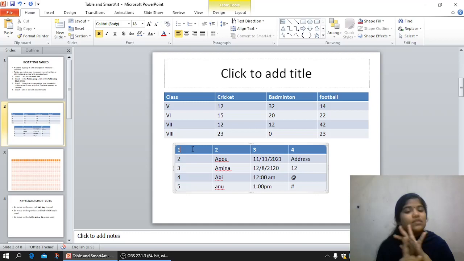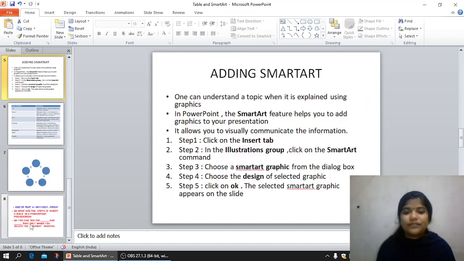Then the next thing is adding SmartArt. One can understand a topic better when it is explained using graphics. If I give you a very big paragraph and explain the points of PowerPoint only through that document, it will be very difficult to understand.